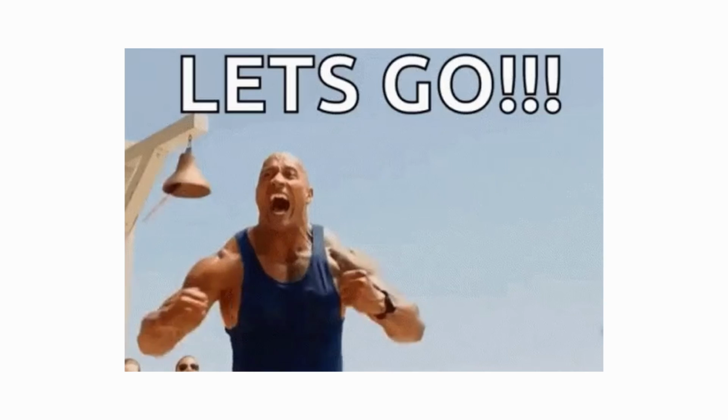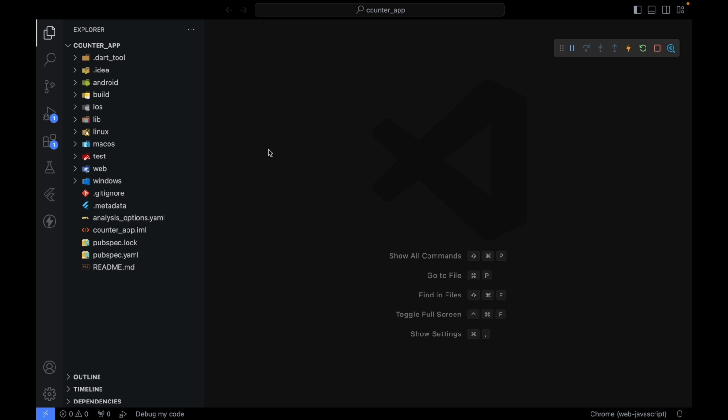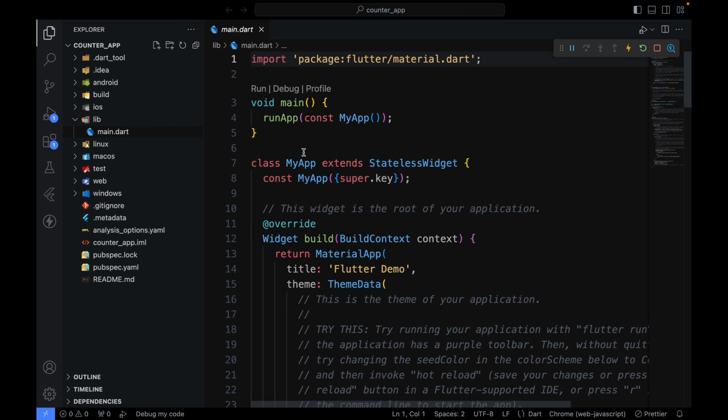Now, let's get into the video. So we're going to start off with the counter app. So what I'm going to do first is go to the lib folder, go to the main.dart file, and first